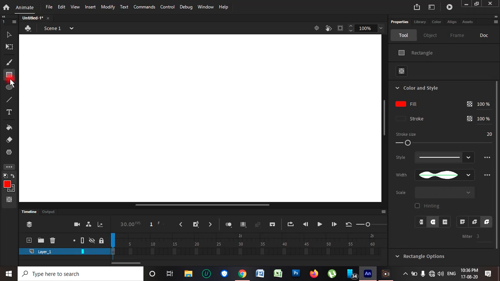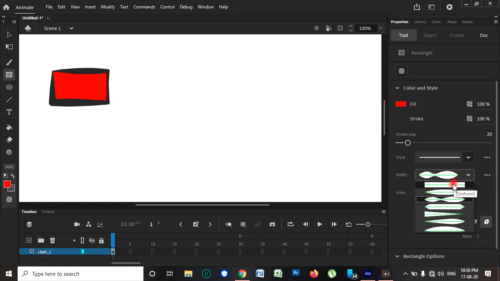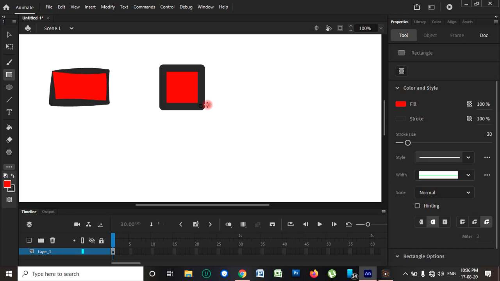Now here, this is the rectangle tool. We are going to perform this, because we have to click over here to change the shape. I have already changed this.